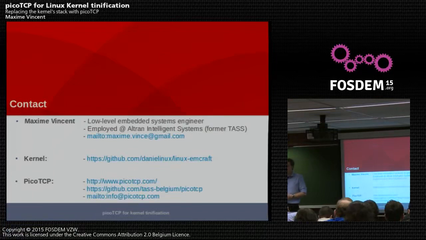Did you do the space saving comparison? No, because at that point we still kept the whole networking infrastructure that was in the kernel. I'm not sure how easy it is to have a TUN or a tap device and throw out all the rest. So that's an exercise we didn't do. But it's perfectly possible to run PicoTCP in user space.